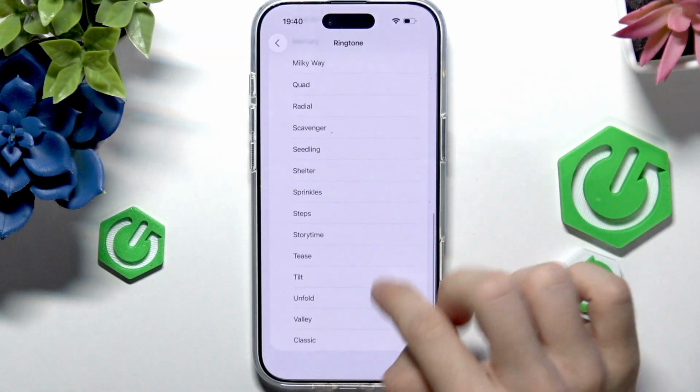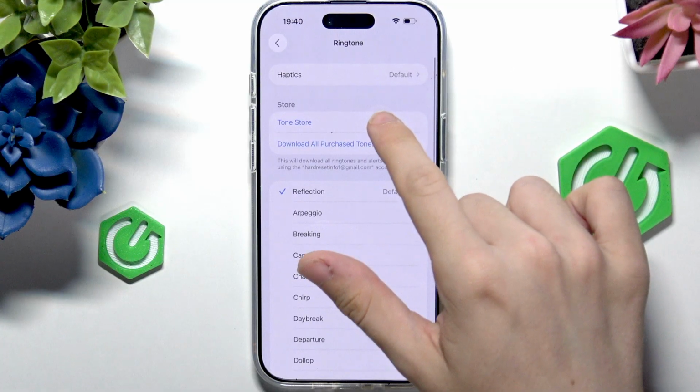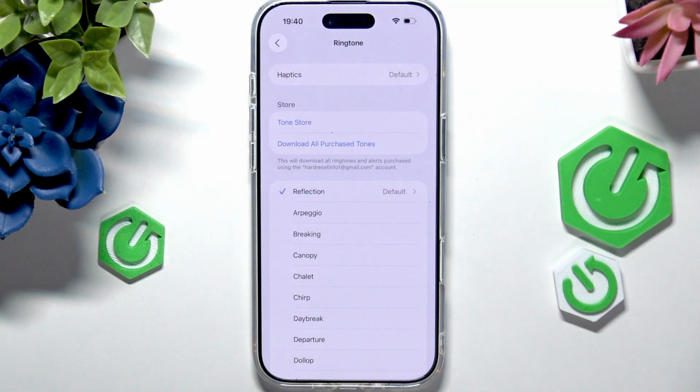Yeah, so that's basically it. There's also Tone Store where you can technically buy ringtones, which is also great, and you can also get your own ringtone, and there will be most likely a video about it on our channel, how to create your own ringtone with GarageBand, because there's an app called GarageBand that lets you create your own ringtone